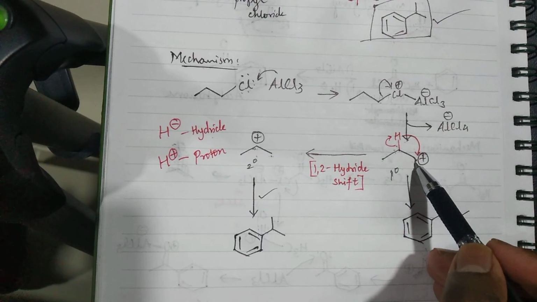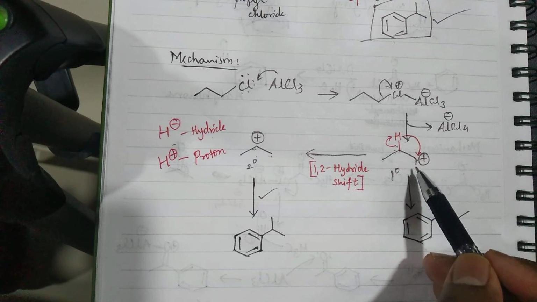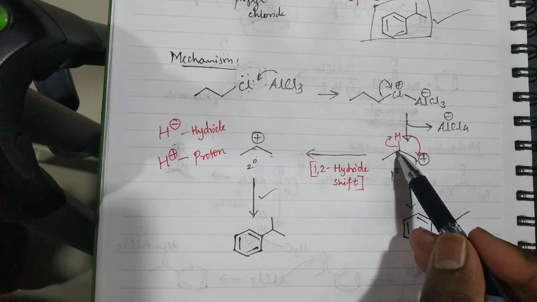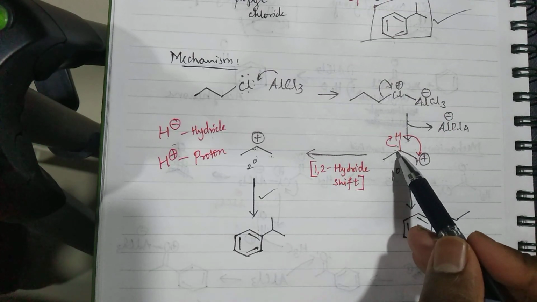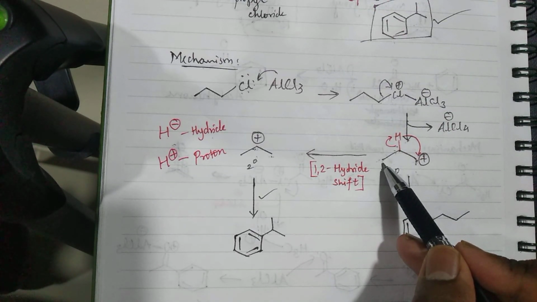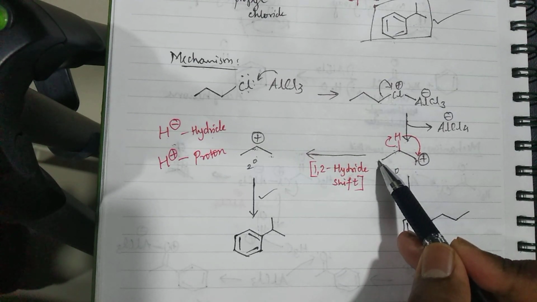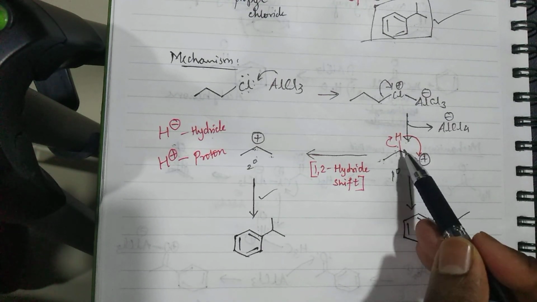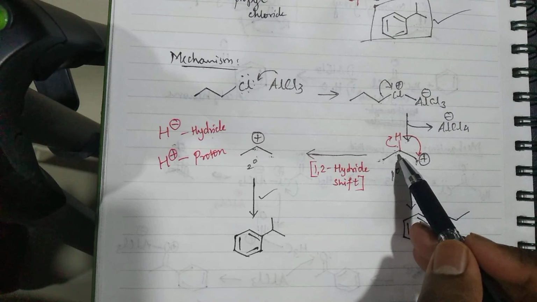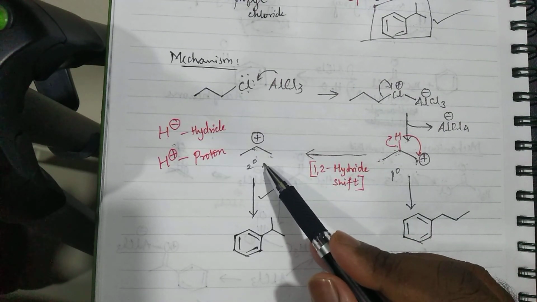Now you have this carbon atom here with the positive charge. This carbon atom is a primary carbocation because it is attached to one carbon. When you look at the other carbon atoms, let's hypothetically say that this positive charge can move here. If it moves here, what kind of carbocation will you get? Primary. If this positive charge moves here by some way, then what kind of carbocation will I get? Secondary, that I have shown here.